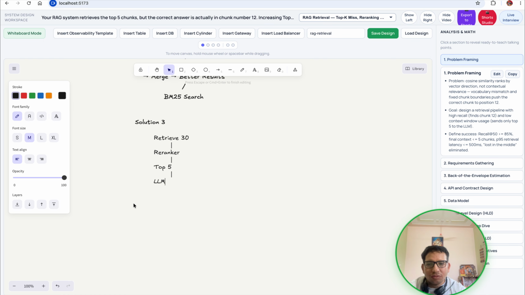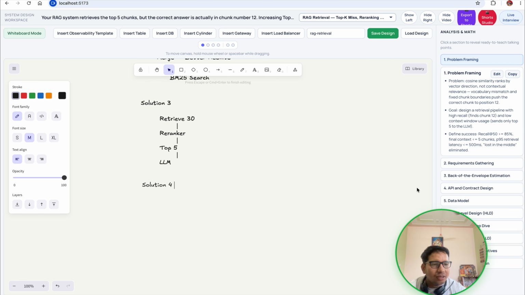Now we have solution 4: parent document retrieval. Small chunks lose context. Instead, split the document into small chunks for embedding, but return the larger parent section. For example, let's suppose the embedding is paragraph 5.